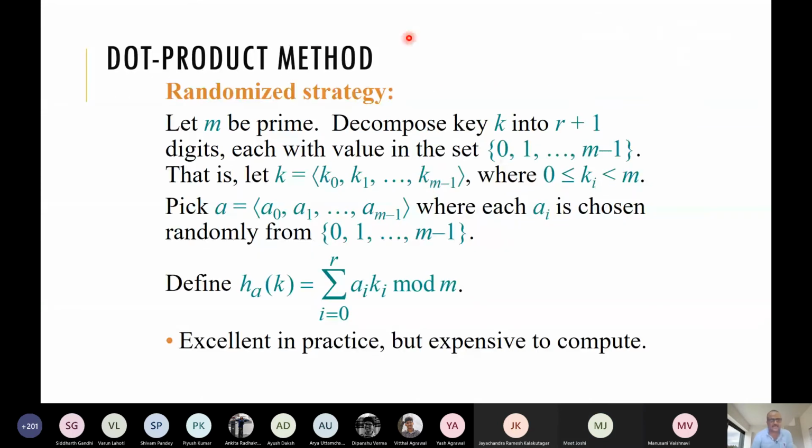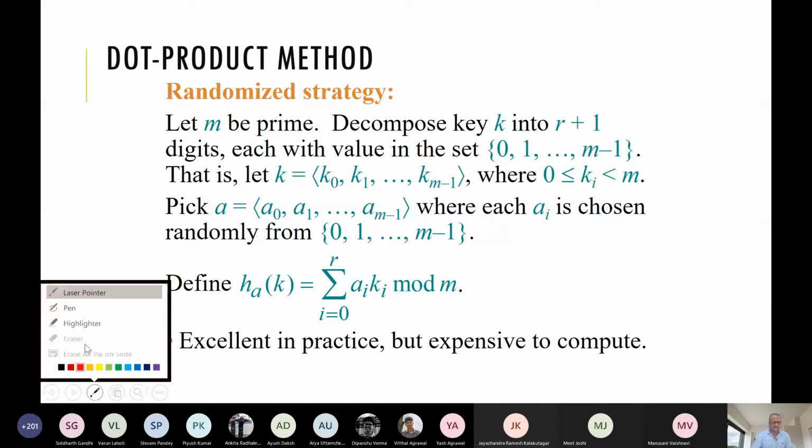Okay. So this is another example of a hash function. This is some randomized strategy we are using. We will discuss this when we talk about universal hashing or universal hash functions. This will come back again maybe in the next class.